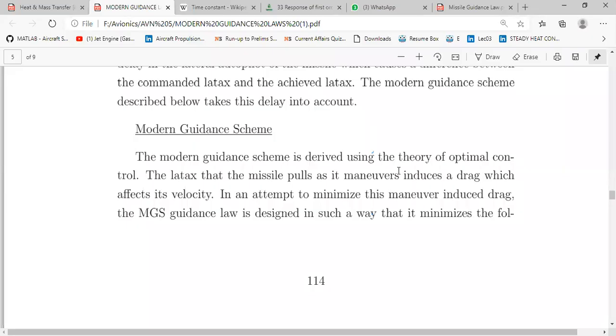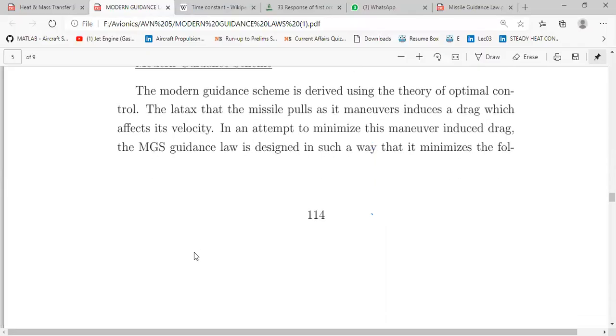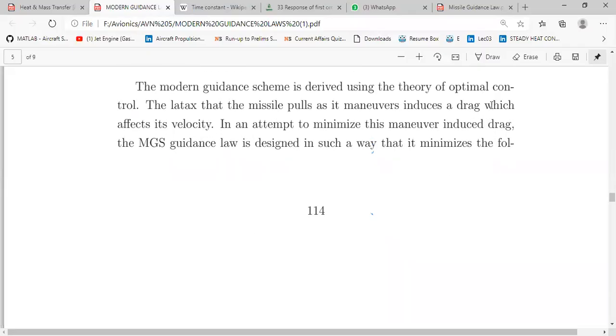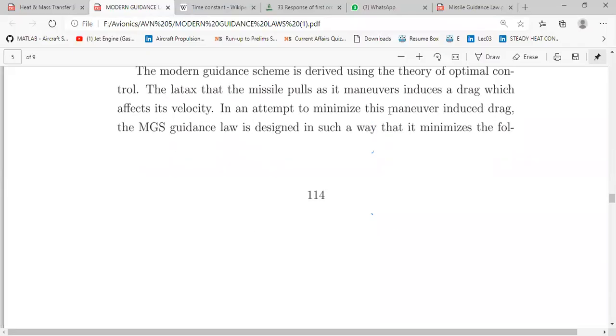As you apply the lateral command, the control surface will change and the direction of your missile will change. So due to this maneuvering, there will be some induced drag that will be affecting the velocity of your missile, and we want to minimize this induced drag. For that we will be designing the MGS. So we are considering the induced drag that was produced by the maneuvering effect, and we want to keep it